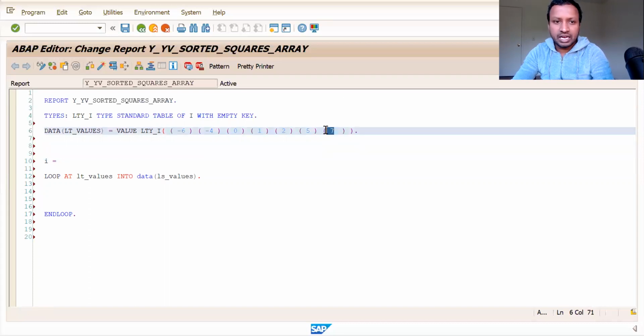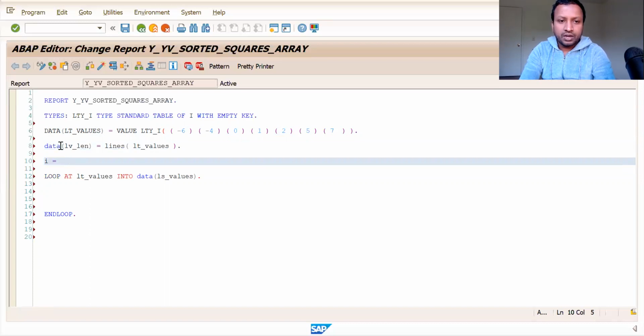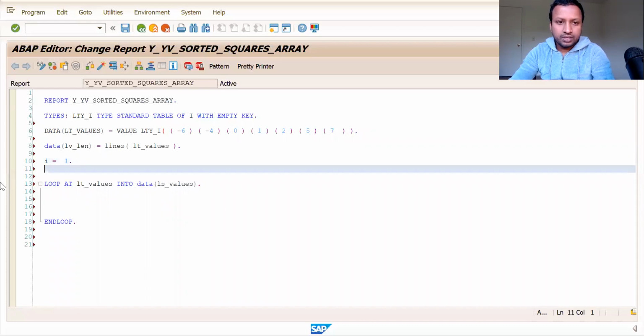The last index will be the length of the array, which is data of LV length, equal to the number of lines existing in this input array, which is our internal table. And the first index would obviously be 1. So let us take j as the last index.